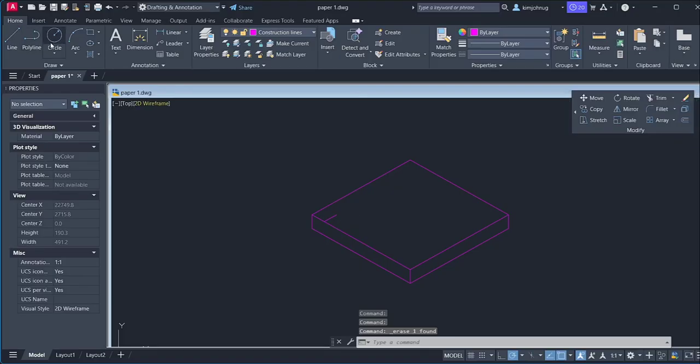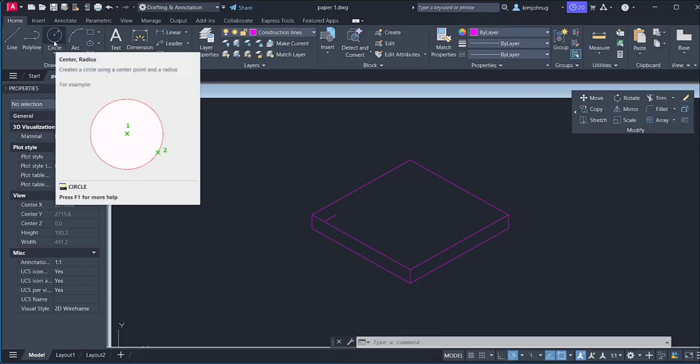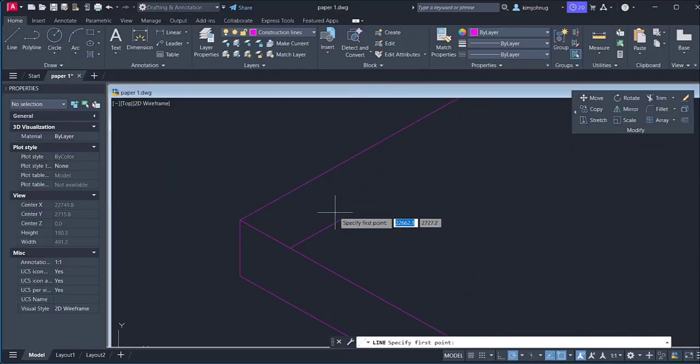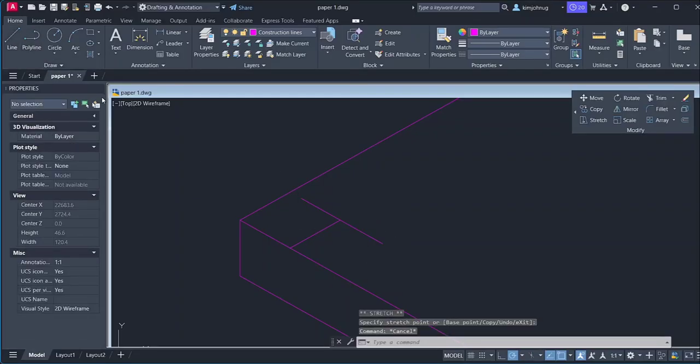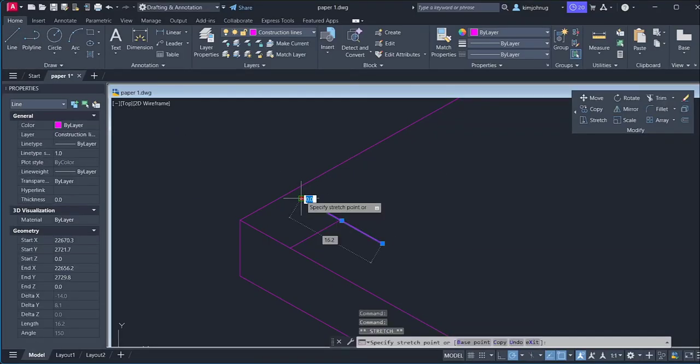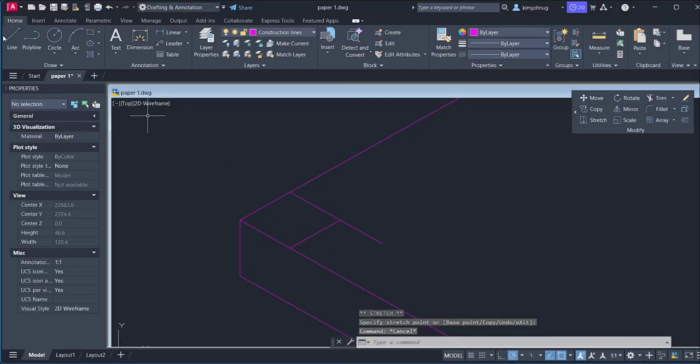So at this point here, there's a center. There's a circle of radius 10. Radius 10. So this is, if you look at this diagram, it is an isometric form. So I'm going to draw an isometric circle. Maybe during that process, I will show you how to